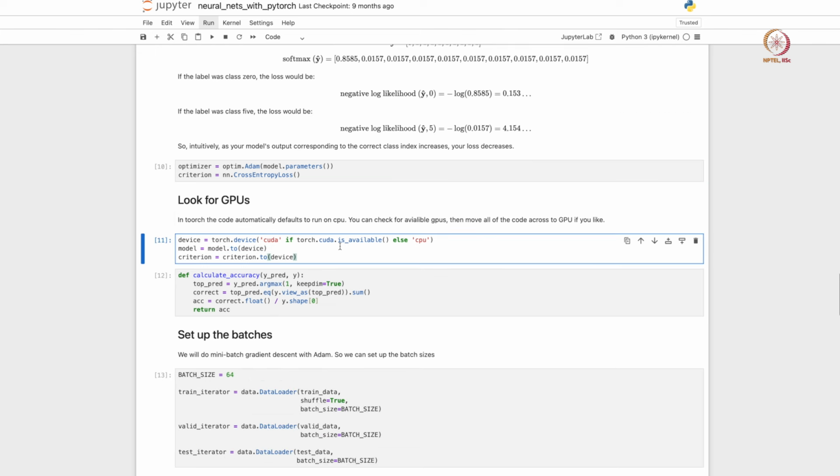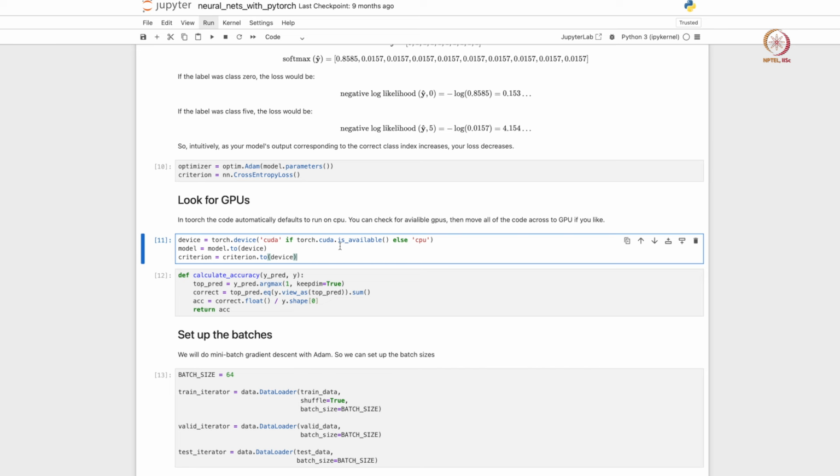The next thing we are going to do is, if we have GPUs, we will look for them. Of course here in this scenario I don't have GPUs, so the calculations are going to be run on CPUs, but this is a useful check. So if you have, let us say, a gaming laptop, or access to some GPU architectures, you can use this cell here to do all your calculations on your GPU.